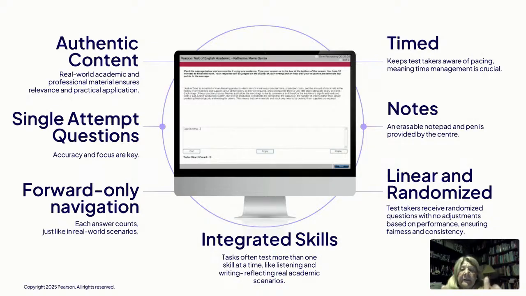It also allows you to answer questions very much the way you have been used to studying. The questions are single attempts, and you only get so much time to answer each question, but the questions have integrated skills in them.